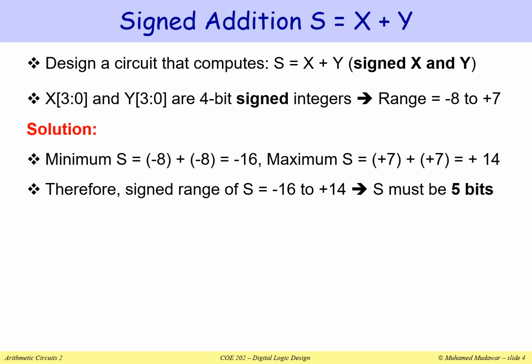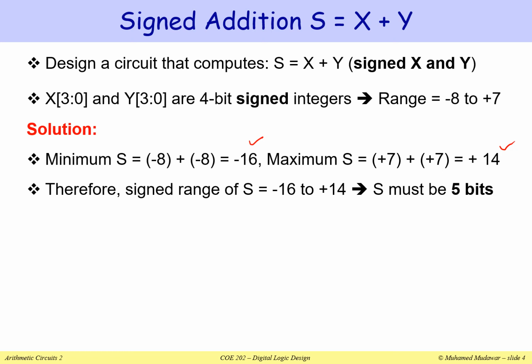So if you look at the minimum, it will be negative 8 plus negative 8, which is negative 16. This will be the minimum of x plus y. And if you look at the maximum, it is plus 7 plus plus 7. It will give you plus 14. So this is the maximum signed value. So we have from negative 16 to plus 14. So s must be 5 bits. So we need a 5-bit